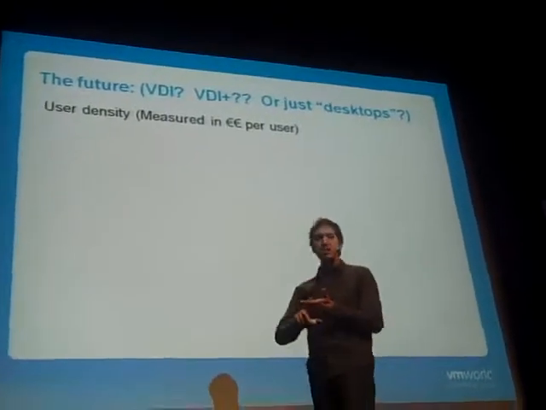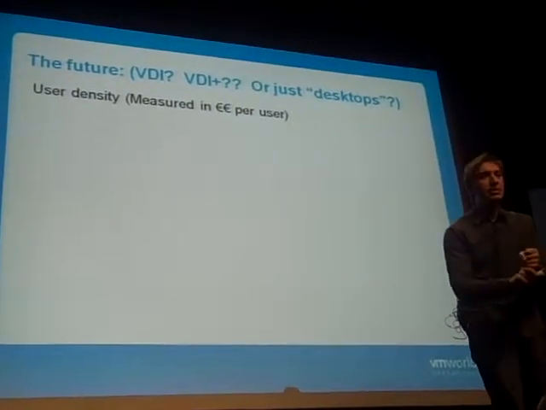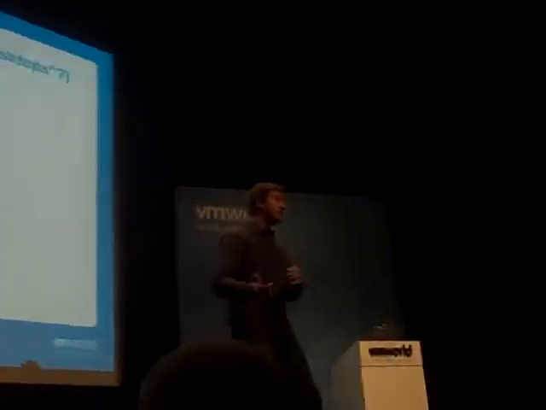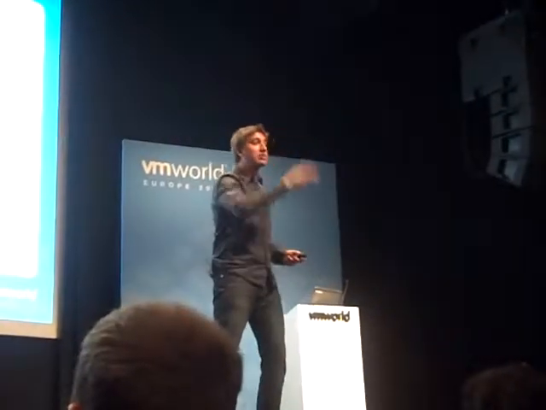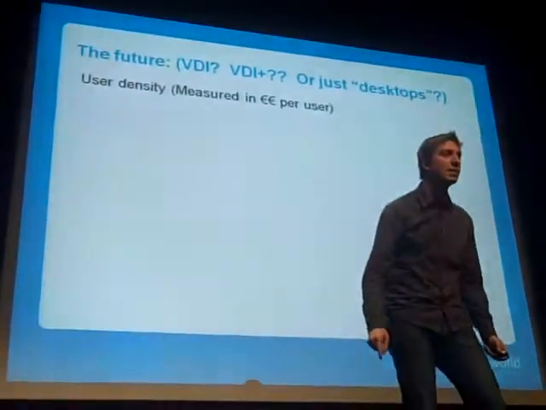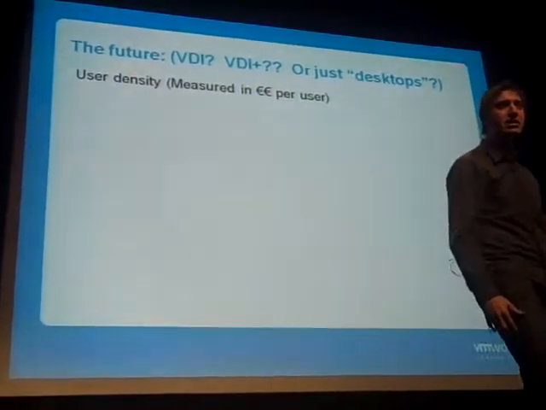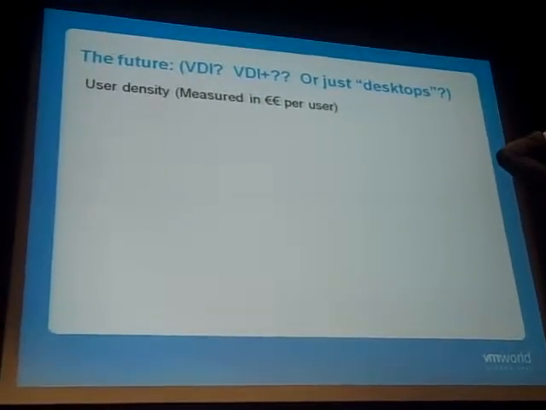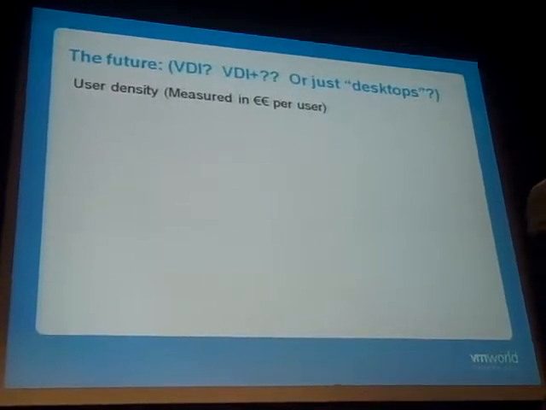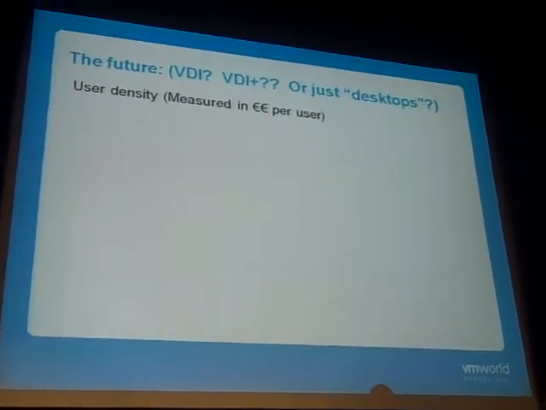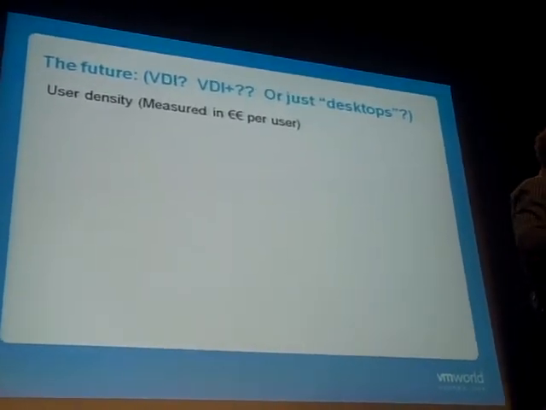So where I'm going with this is that server-based computing can only be used in certain use cases. And when you're using server-based computing, you make the decision about whether you want terminal server or whether you want VDI. And those have only specific use cases. But what would it take for VDI to be used everywhere? What would it take for every single desktop, every single user in your environment to be a VDI user? Is that possible, you think? Do you think that's possible with today's VDI? Hell no, it's not possible. But what if we look at the problems with today's VDI and offer solutions to those? The way I see it, there are 5 technical limitations of VDI today that are preventing VDI from being used in every single